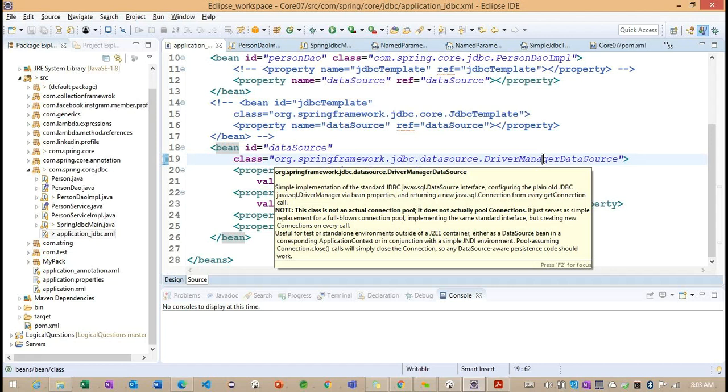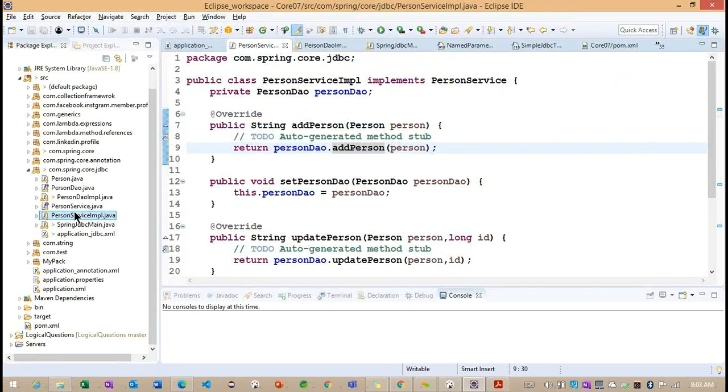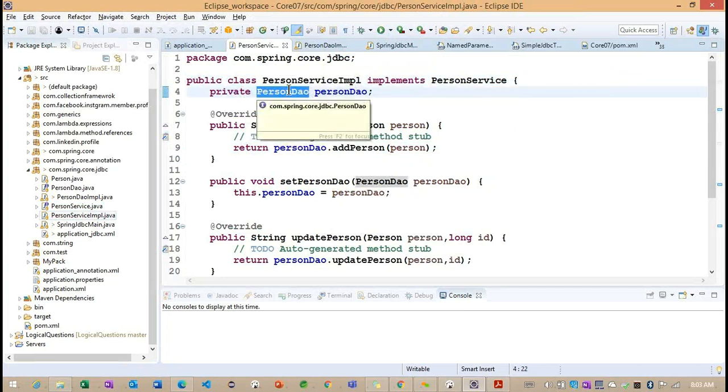And bean ID. Okay, so first what we will do, we'll go for the person service IMPL. Here, person service IMPL is depending on the person DAO object. So where can we write the AutoWire annotation here?